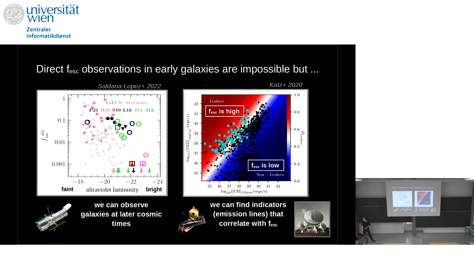So can we observe this? Not directly, because we can't see the ionizing radiation. So what astronomers do is look at other emission lines. For instance, you can look at the O3 to C2 ratios. I think magnesium-2 was also looked at. And the other way you can do it is to observe galaxies close to us, because there you can detect the ionizing radiation. And then you might infer, okay, these are the processes and these are the trends. So if you extrapolate this to earlier times, what would happen?